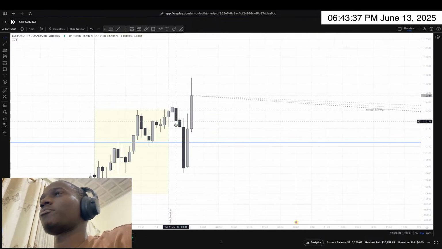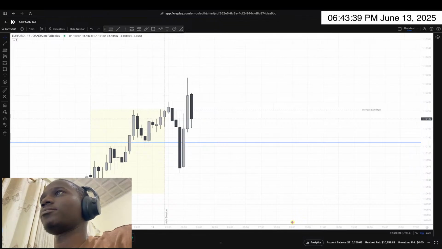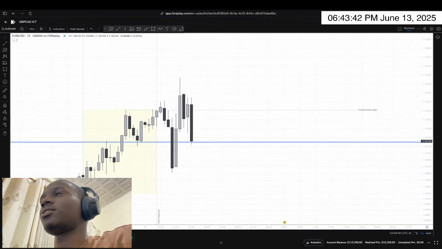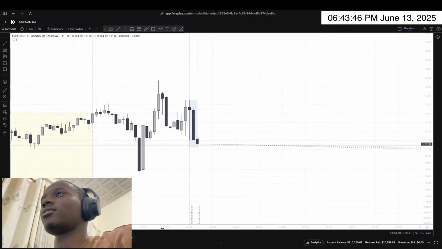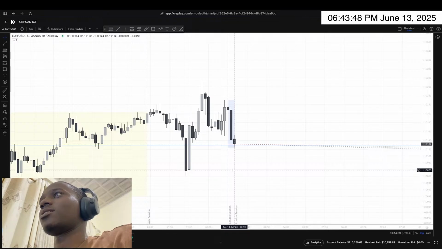So we first take out the previous day high, then we reverse a bit. I think here we're about to have the Judas swing. How does the 5 minute look like? 5 minute is looking clean, and I think we're about to have the Judas swing and target these Asia lows,